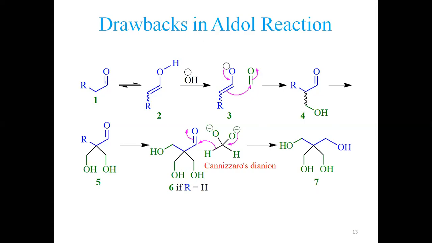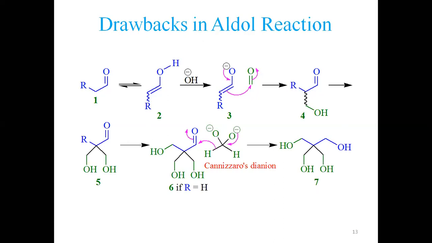So that's why this is the drawback in the aldol reaction, because this keto-enol tautomerism is very active. We need it just once. We need to stop the reaction at this place, but we are unable to stop here because it still has an active methylene. It has one hydrogen, so it shall again tautomerize into this one. And similarly, this R is also hydrogen. Still two hydrogens are there which can be replaced, generating this one. And similarly, this can also react, generating this very interesting structure. So these are the drawbacks in aldol reactions.